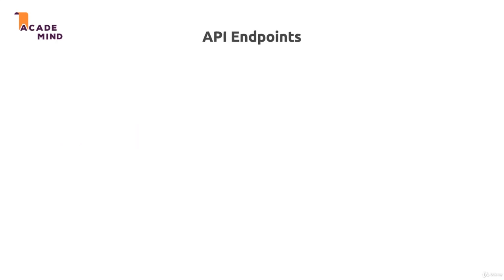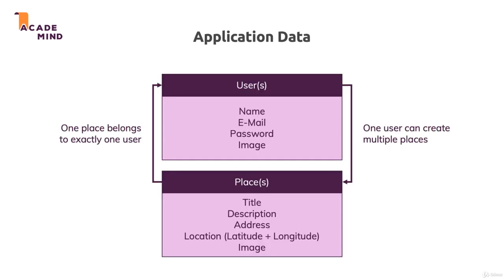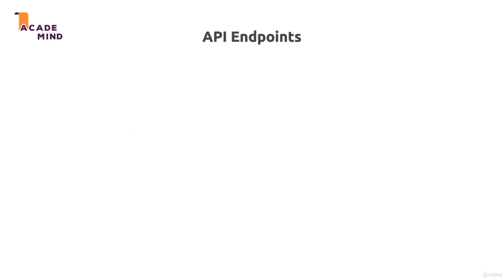So we know about our data and how the front end should look like. Before we plan the different routes we want to have on the front end and which pages we need there, let's have a look at the back end. Which API endpoints will we probably need there? Well, since we have two main data models here, user and place, I got two main endpoint areas. Let's say we want to accept requests which reach our backend